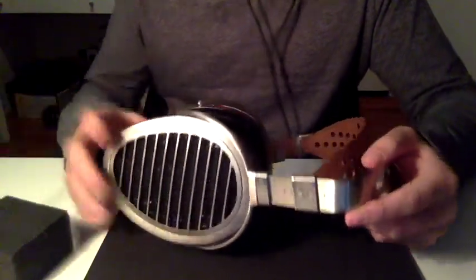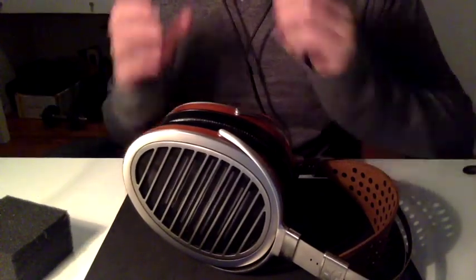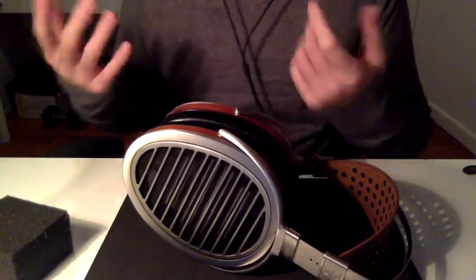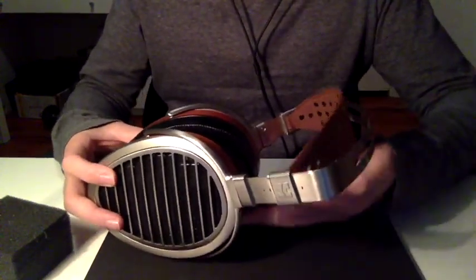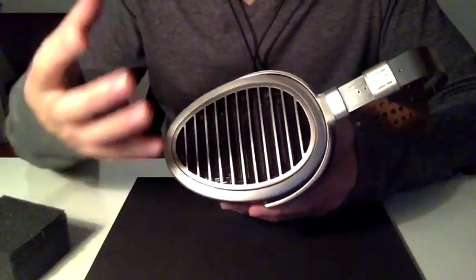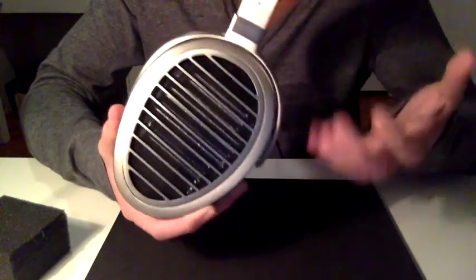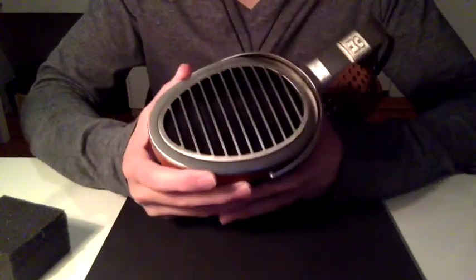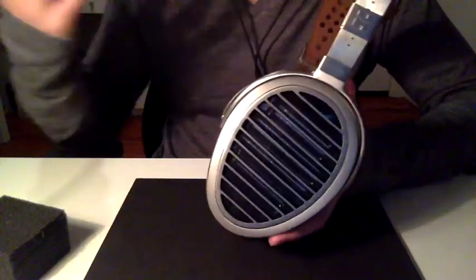Now, most headphones can sound wide. They can sound intimate. But very few headphones sound huge. And this, I think, directly ties in with the size of the driver. This whole thing is a driver and it is absolutely huge. It is as big as some speaker domes. So that right next to your ear creates some of the tallest imaging and tallest sounds that I've ever heard